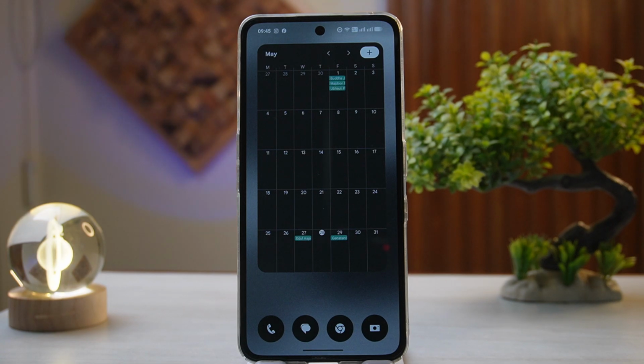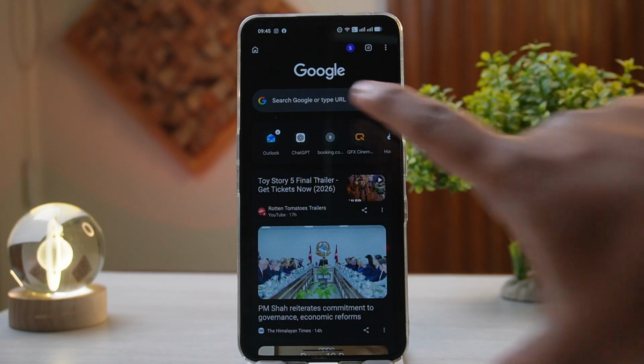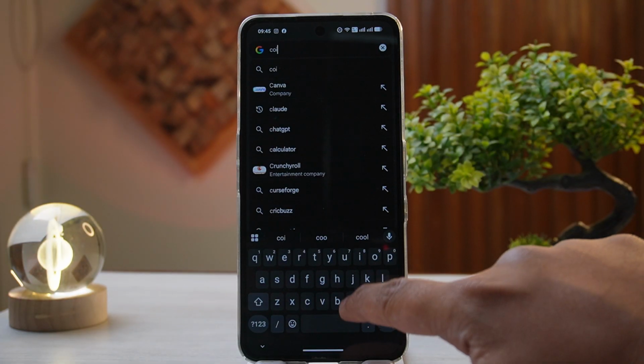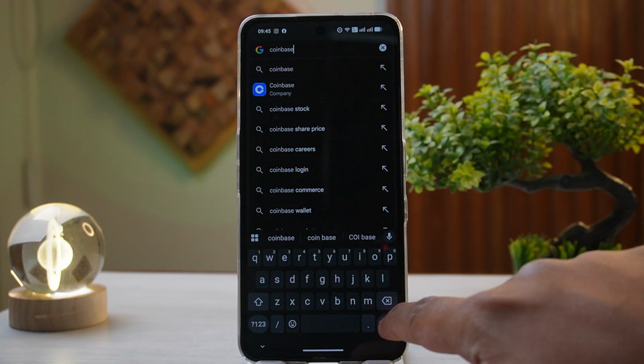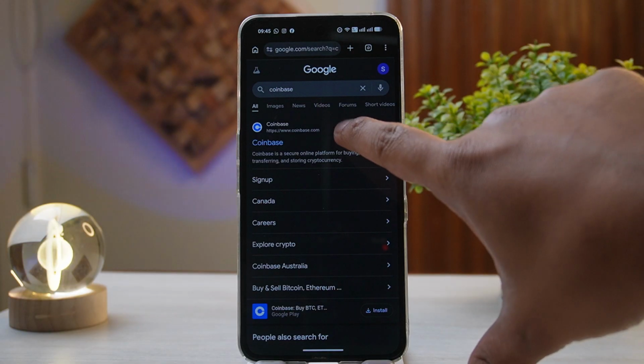Today's video is going to be about how to log into Coinbase website step by step. The first and foremost thing that you must do is open up Google Chrome or a browser of your choice, and then in the search bar you can simply type in Coinbase and then hit go or enter on your keyboard. Tap on the first link